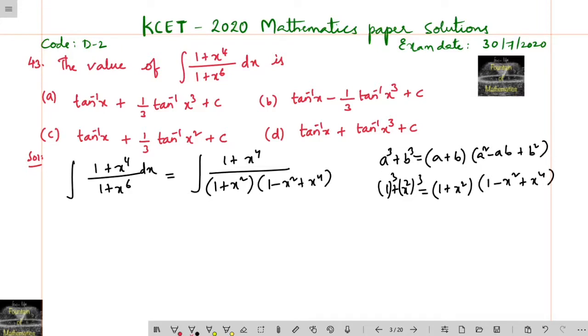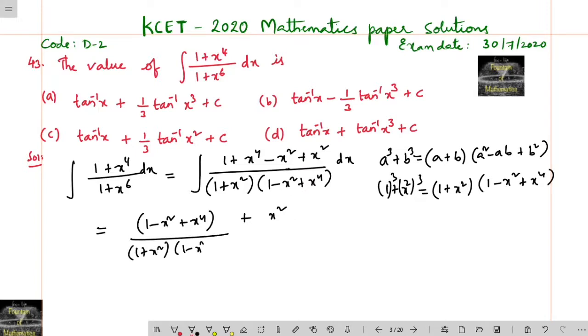Done. And now what I will do in the numerator, since in the denominator one part I am having 1 minus x square plus x power 4, for this purpose I will just add and subtract this part. So that one of the part I got it into dx, this simplification, and is equal to, now I want to separate them. 1 minus x square plus x power 4 separately, and again plus the remaining part is x square we had. So separately I will take 1 plus x square into 1 minus x square plus x power 4, and denominator here separately 1 plus x square into 1 minus x square plus x power 4.